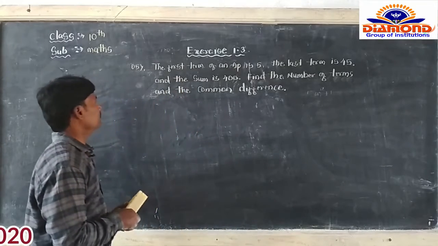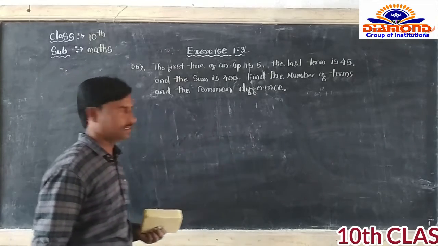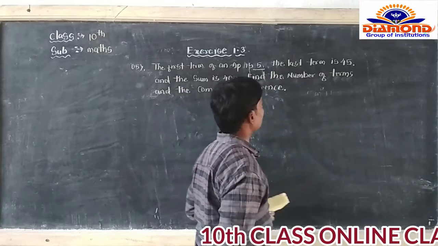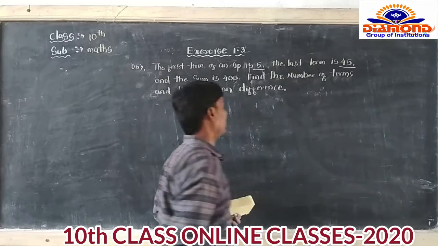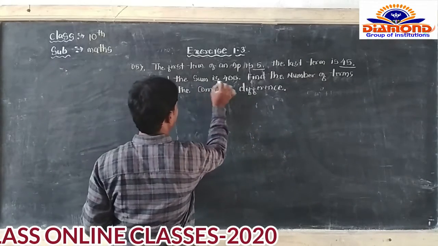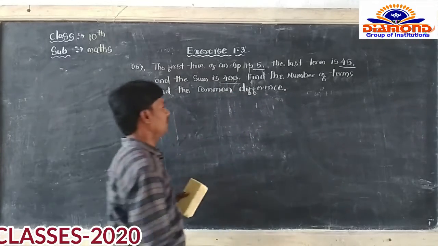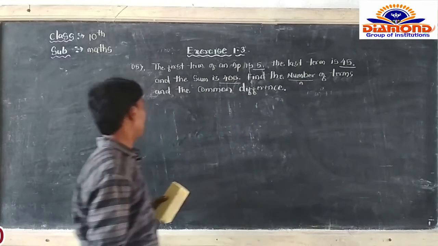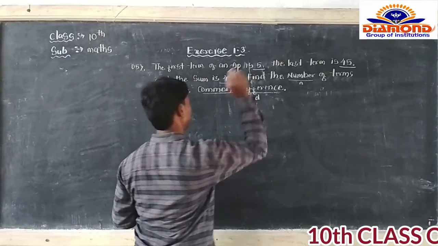to the fifth question. So the fifth question is: the first term of an AP is 5, given, and the last term is 45, means an is equal to 45, given, and the sum of those terms is equal to 400. Find the number of terms, means here we should find out n, and the common difference we should find out here. हमको क्या क्या फाइंड करना है,